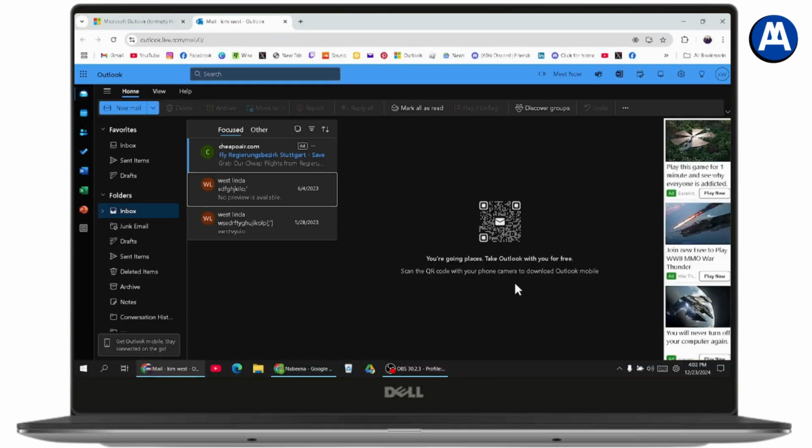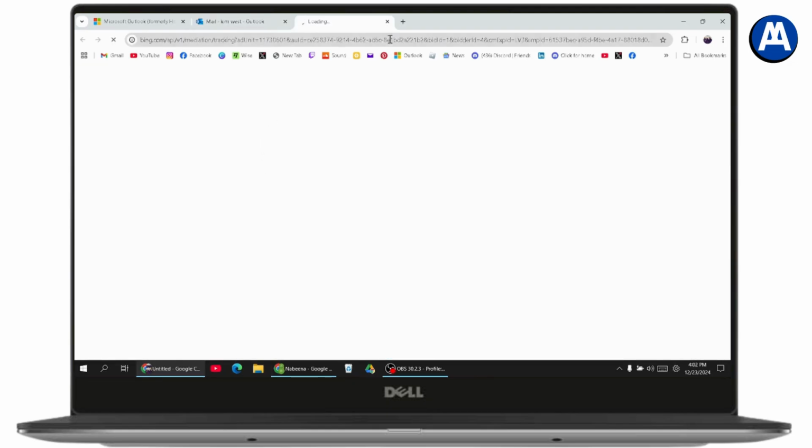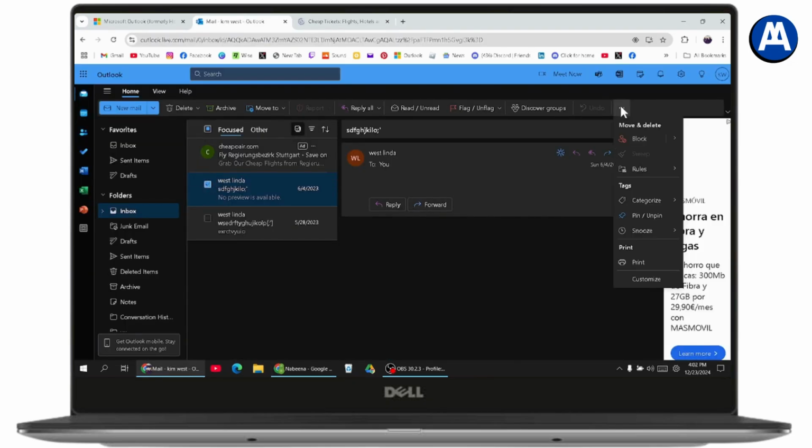Once you open up your Outlook on your browser, you can simply click on any message and then go to the three dots, which is on the upper right side, and you may have the option of recall. Or just select the message, go to more options, and here go to the upper right, which has the three dots,